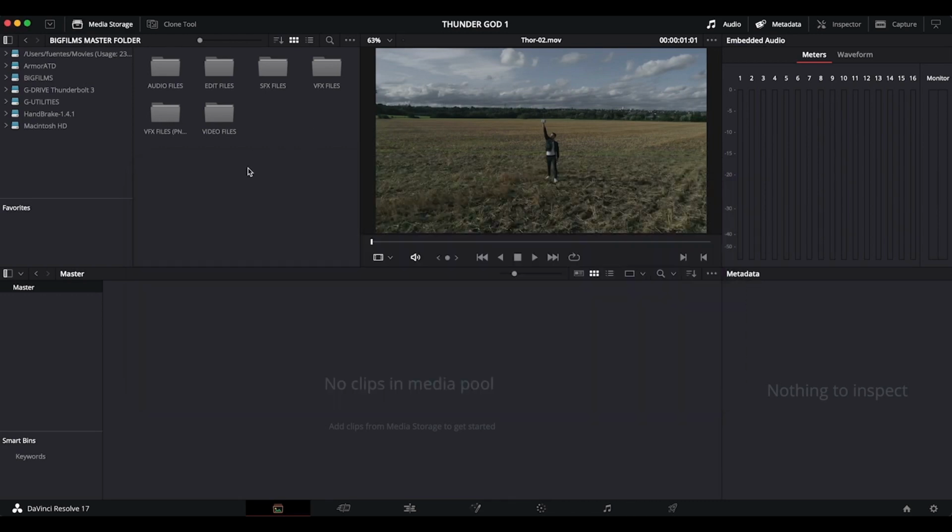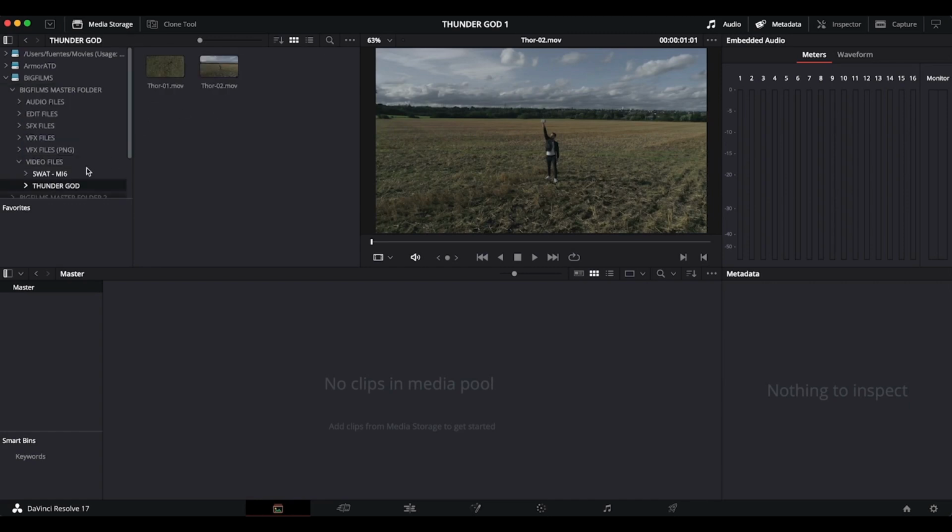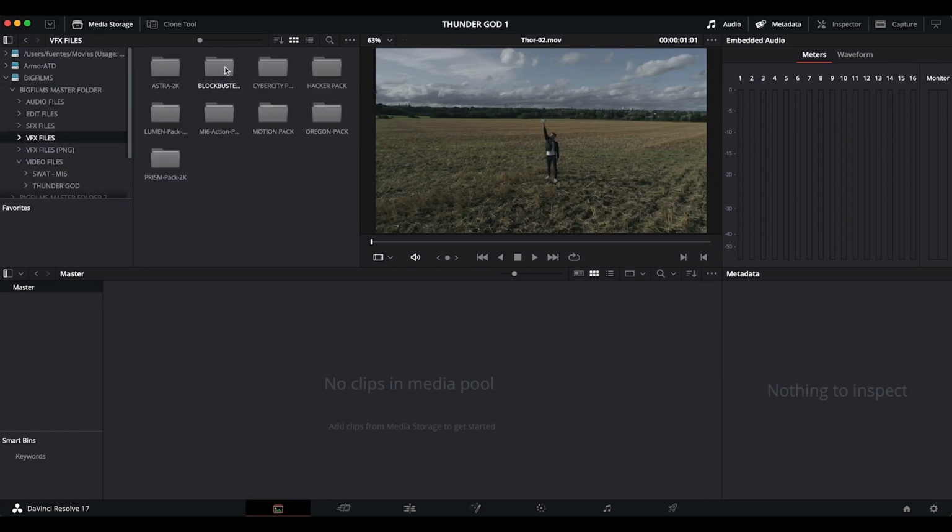So DaVinci does have a couple of ways you could do some media storage. For example, I'm down in this lower tab, which is the media tab, right? So it's bringing up any type of hard drives I might have plugged into my computer. And in this case, the hard drive that I just showed you is my Big Films master folder. And then I can double click on that and it opens up what's inside those folders. So you can see where I have my movie files. And maybe we can go to my VFX files. I have the entire collection of Big Films here, and you can drag and drop or organize it